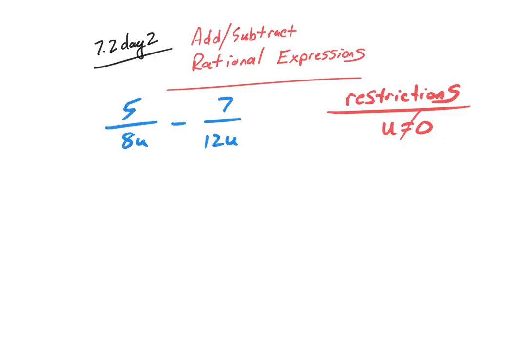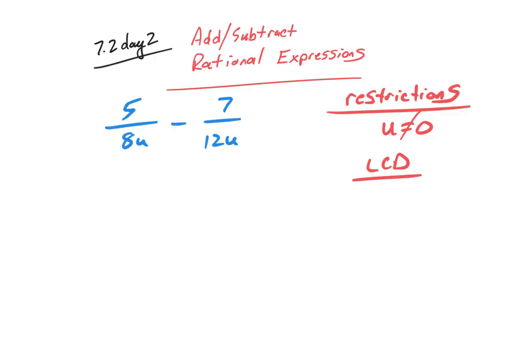Okay. And if there's no plus or minus signs, then 0 is usually going to be your restriction. We'll see some with plus or minus signs today, and that'll change our restrictions a little bit. There's a lot of different ways that can be stated, but a lot of times I just use the word restrictions. What is u restricted to be? Okay, so now that's the first thing we're going to start with,